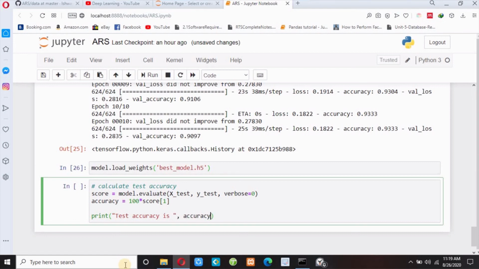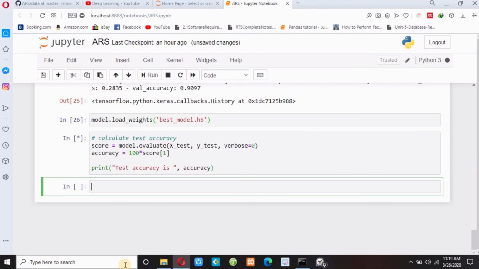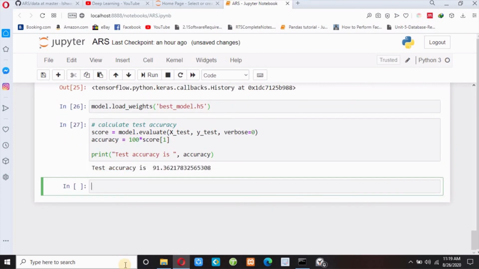And if I execute this cell, so my accuracy is now 91%.